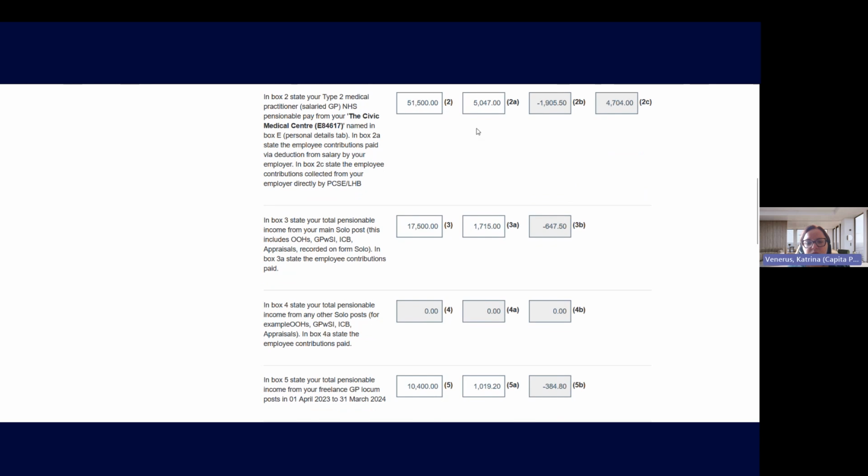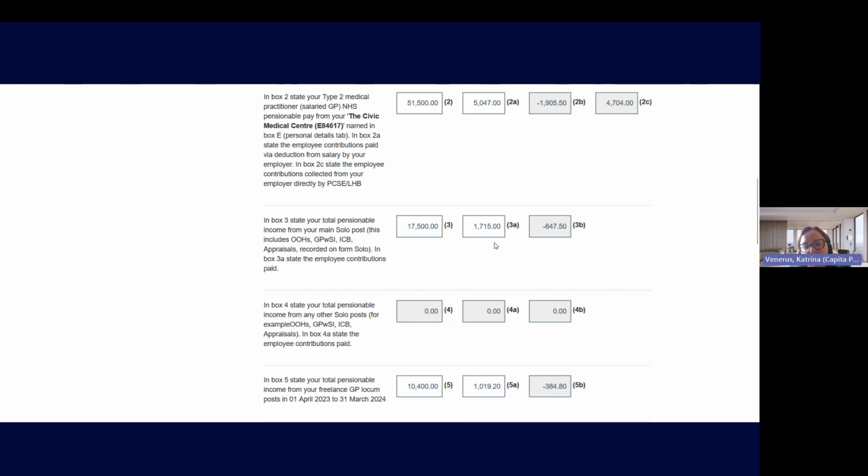When we look at the solo work, there's quite often a zero in this calculation. There's quite often no difference. If I had been paying contributions through my solo provider at 13.5%, then it would have come to zero, because the solo doesn't vary. It's calculated on a month-to-month basis. It's not an estimated income, so that should be correct. But in this instance, because I've been paying at 9.8%, the system looks and says, okay, that 13.5% times the 17,500, we now have this difference that needs to be paid by the solo